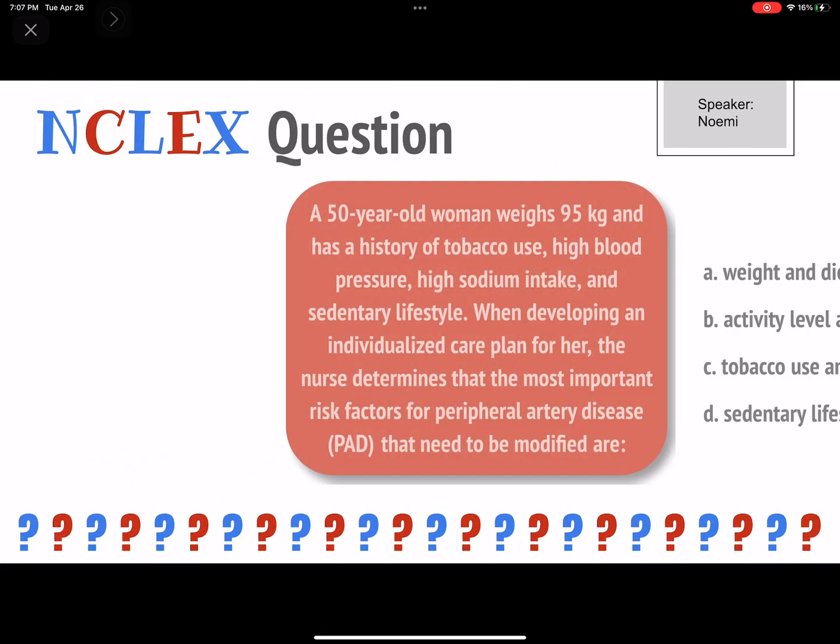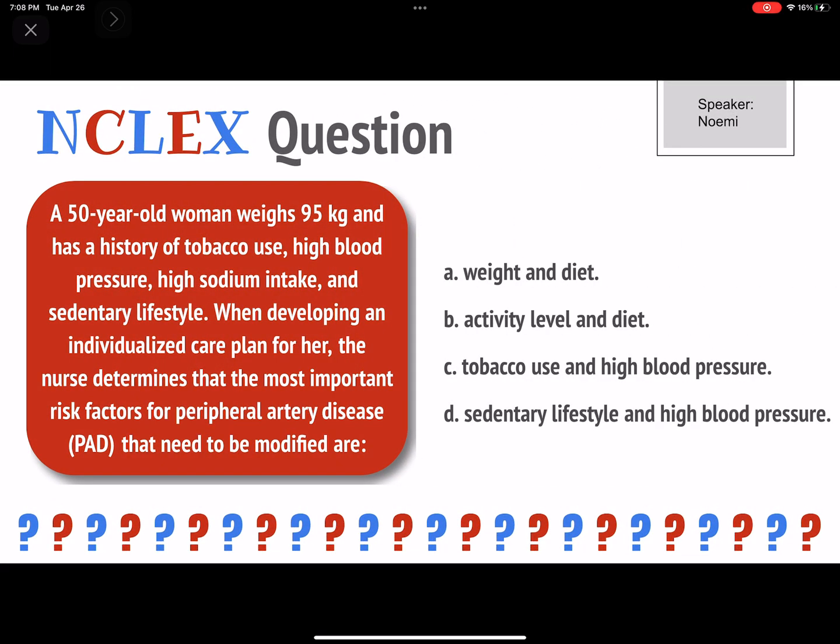Now your NCLEX question. A 50-year-old woman weighs 95 kilograms, has a history of tobacco use, high blood pressure, high sodium intake, and a sedentary lifestyle. When developing an individualized care plan for her, the nurse determines that the most important risk factors for peripheral arterial disease, PAD, that need to be modified are